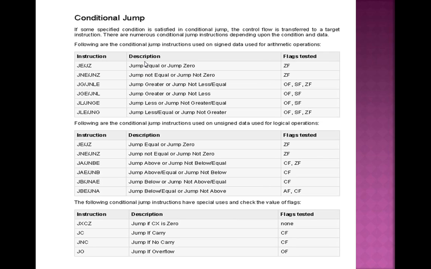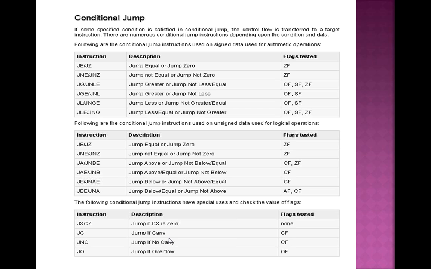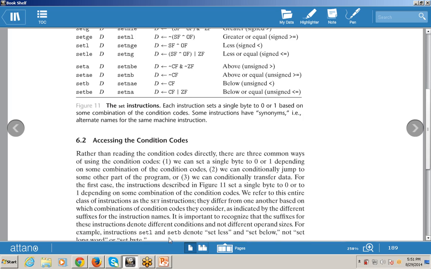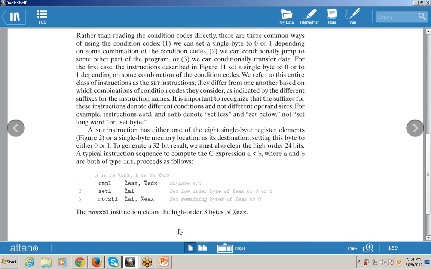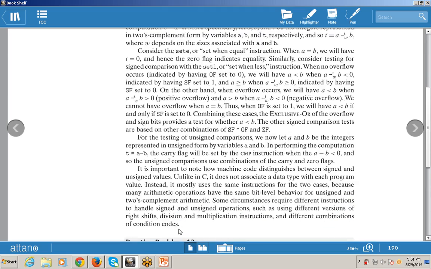Then JC, jump if carry, and JNC, jump if no carry. So these are how we can access the multiple conditional operations. Now this topic is finished, accessing the multiple conditions.